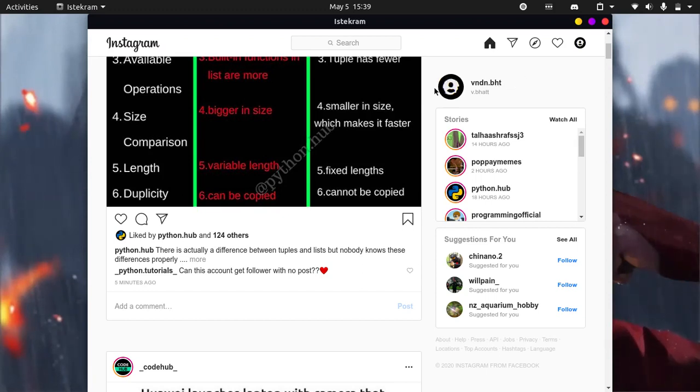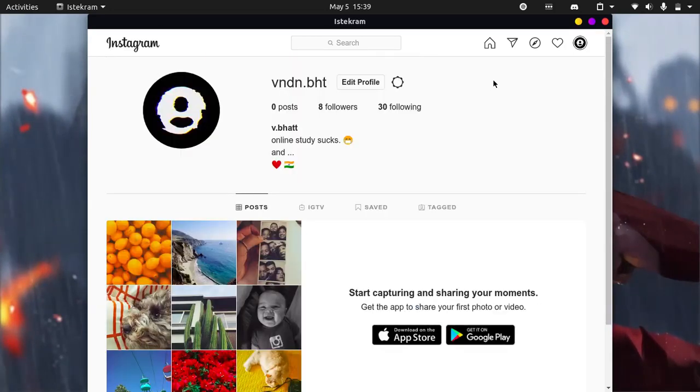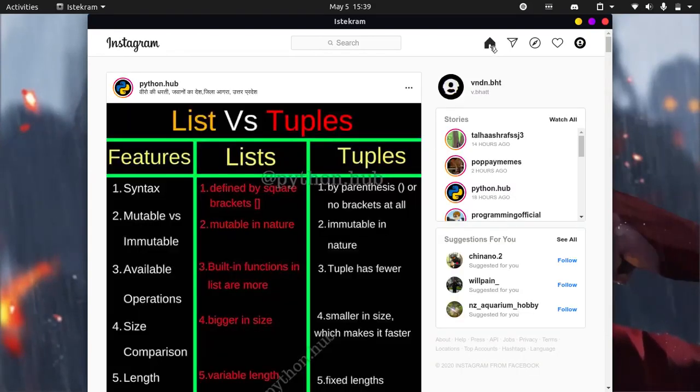So you can click either this button or this icon here of your profile picture to access your page. So I will show you mine right now. You can see I haven't posted anything, and this is my profile. I can go back to home by clicking this Instagram button or clicking this home button. The search button lets me search for people,